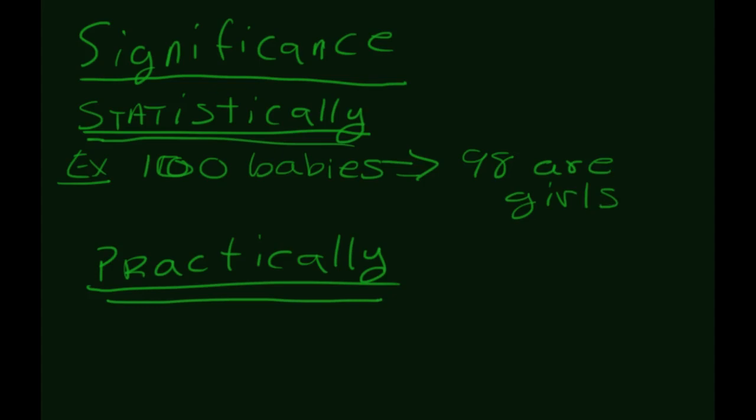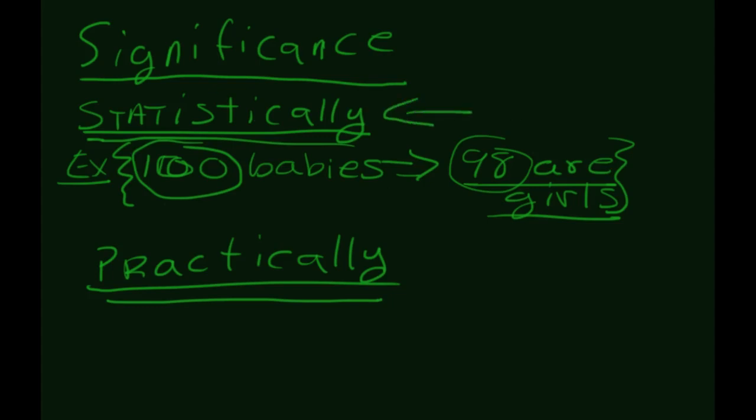Okay, so this is something that, like, we've got a numeric reality going on here about a large group of babies, and we're going, whoa, there is no way that this happened by accident. Okay, this is not likely to happen by chance. So this is a numeric reality here. So a conclusion that we see from the data that is not likely to have happened by chance. This is something we need to look at more deeply because it is statistically significant,